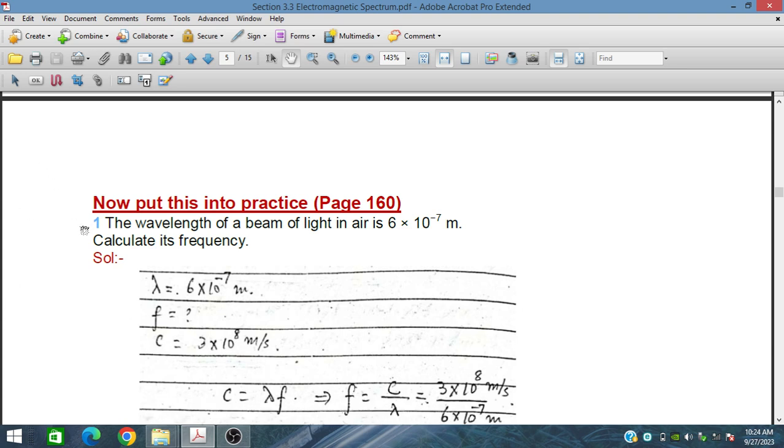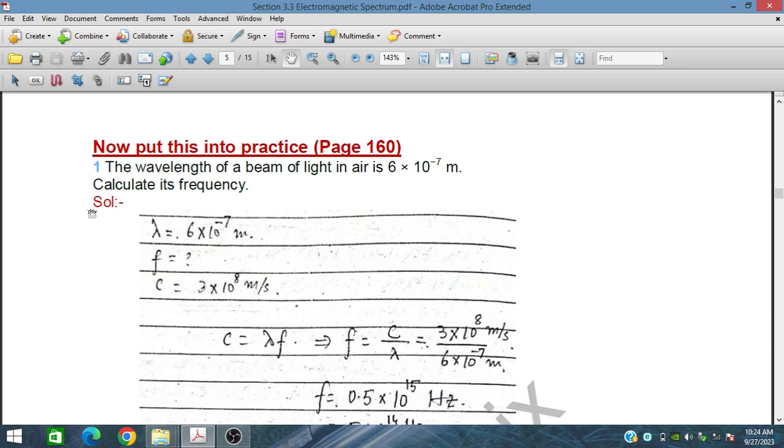Now we will discuss this put into practice question on page 160 in the next